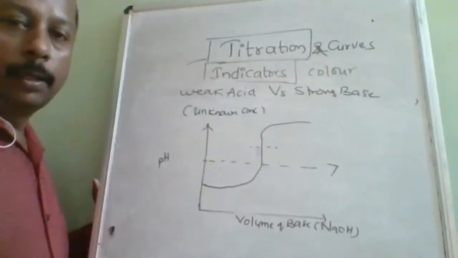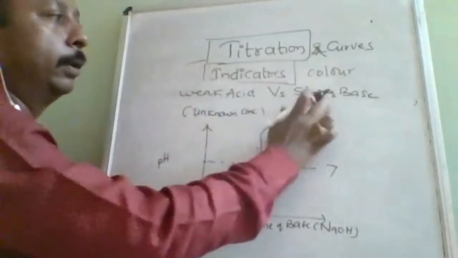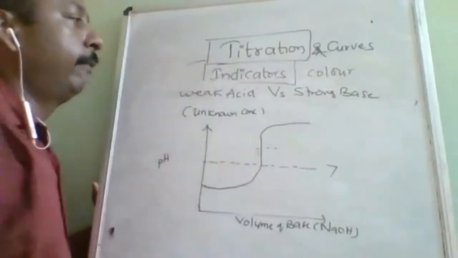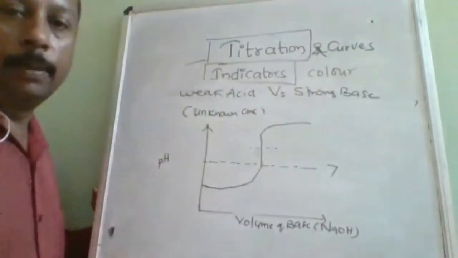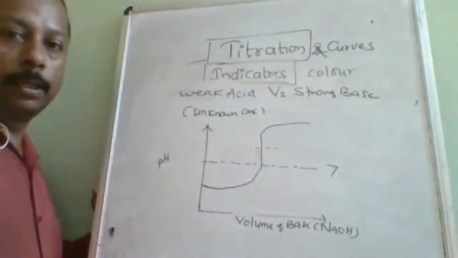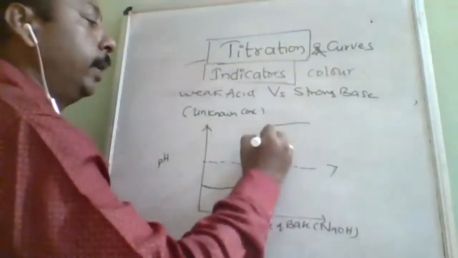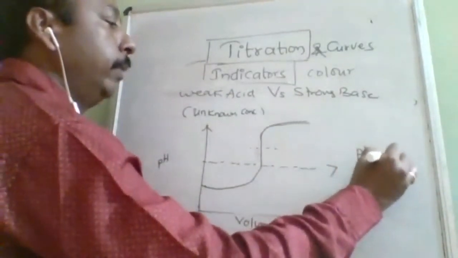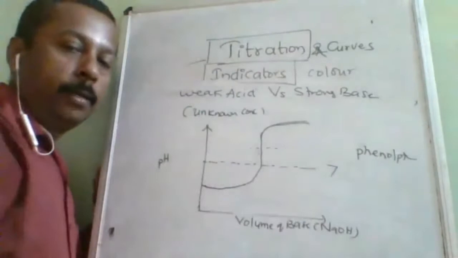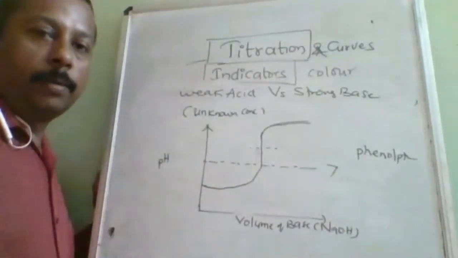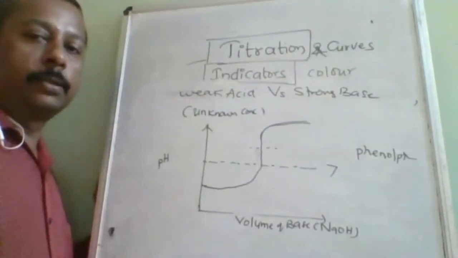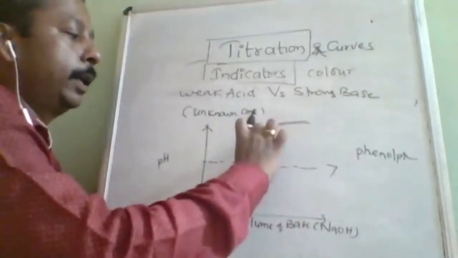That means the equivalence point will be above 7. Why? Because the base is strong here. As in the previous salt hydrolysis, the salt formed is a WASB, a salt of weak acid and strong base, whose pH will be greater than 7. So the equivalence point will be above 7. For this, the indicator we will use is phenolphthalein. You have to remember this by the values, or at least remember that it is useful for weak acid and strong base because its pH range lies above 7.